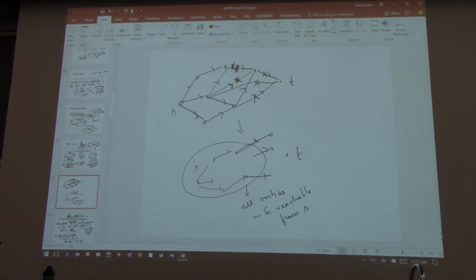Alright, so now these are actually multiple edges. I want to say that there can't be a flow from S to T of value more than the sum of these edge weights. And that in some sense follows from flow conservation. Flow leaves S and it goes somewhere, it reaches all these vertices. But to get out of this ball and get to T, you only have those edges. All those edges have been cut. And so the sum of the capacities of those edges is an upper bound on the amount of flow that could be coming out of this.